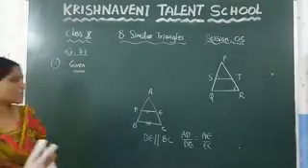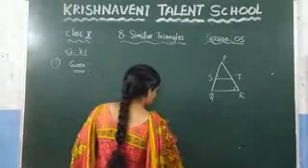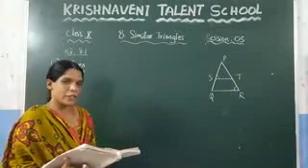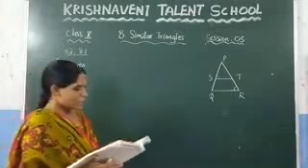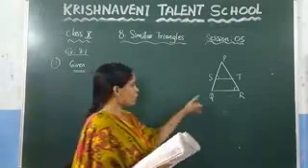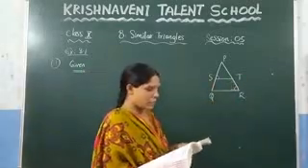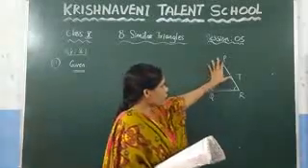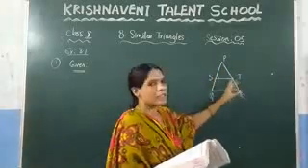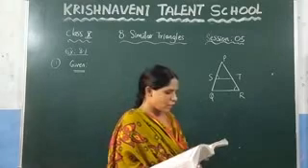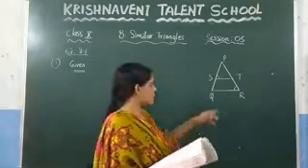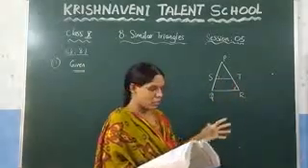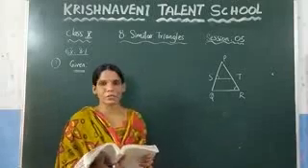Now see the first question in exercise 8.1. What is the first question given here? In triangle PQR, they have given a triangle PQR and they have drawn a line ST such that PS by SQ is equal to PT by TR. That means these two sides are divided into the same ratio. They have also given that angle PST is equal to angle QRT, these two angles are equal. Based on these two conditions, you need to prove this triangle is an isosceles triangle.